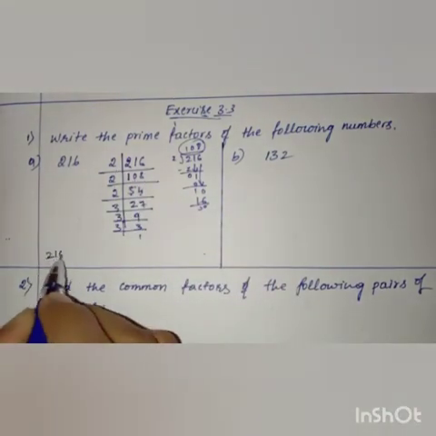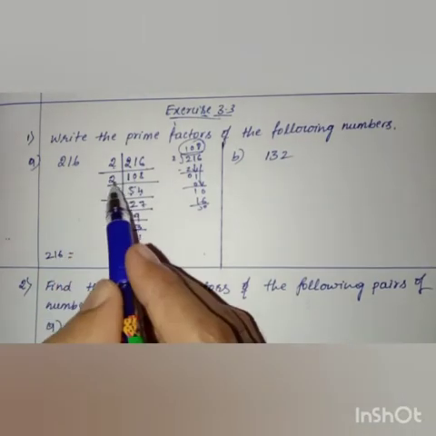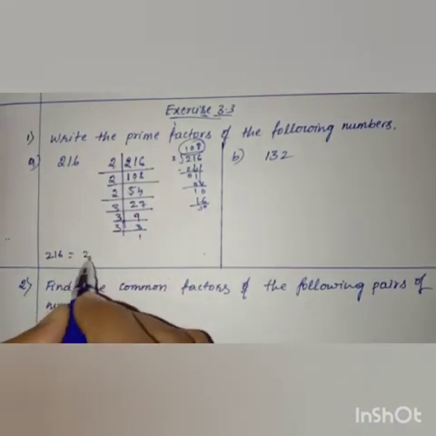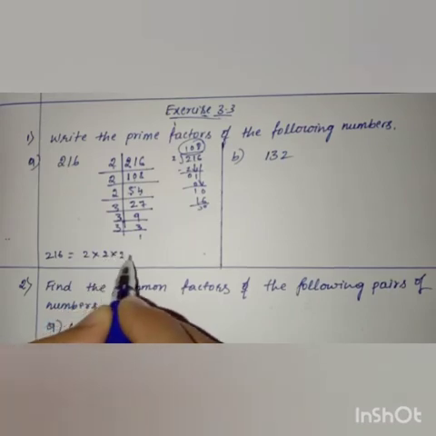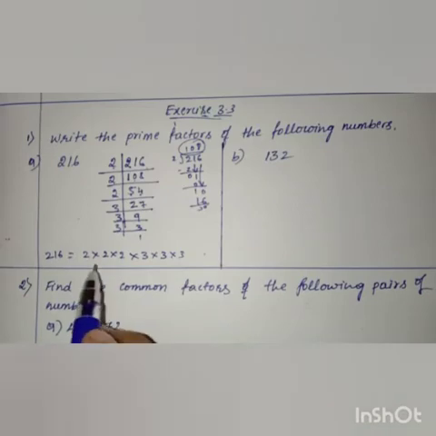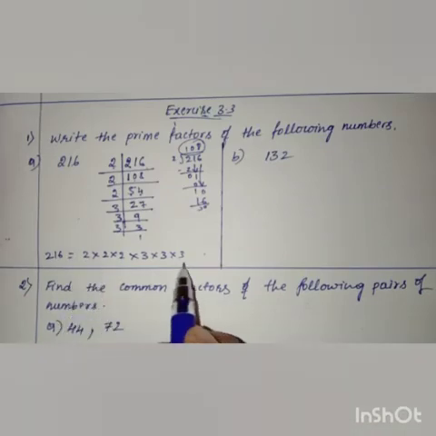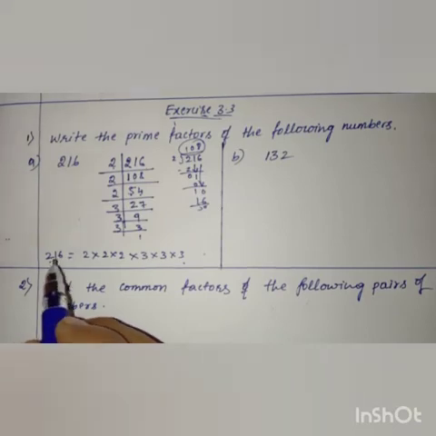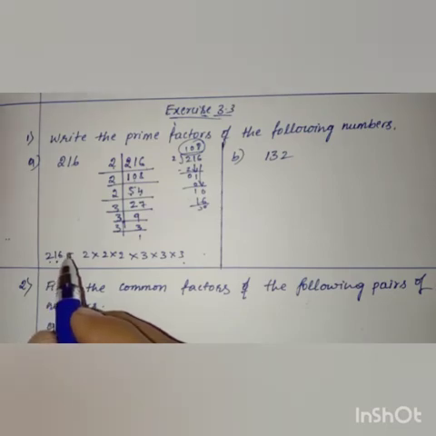So 216 is equal to 2 into 2 into 2 into 3 into 3 into 3. If you multiply all these prime factors, again we will get 216. Got it, children? How to find out the prime factors of the numbers? Yes. Next question,